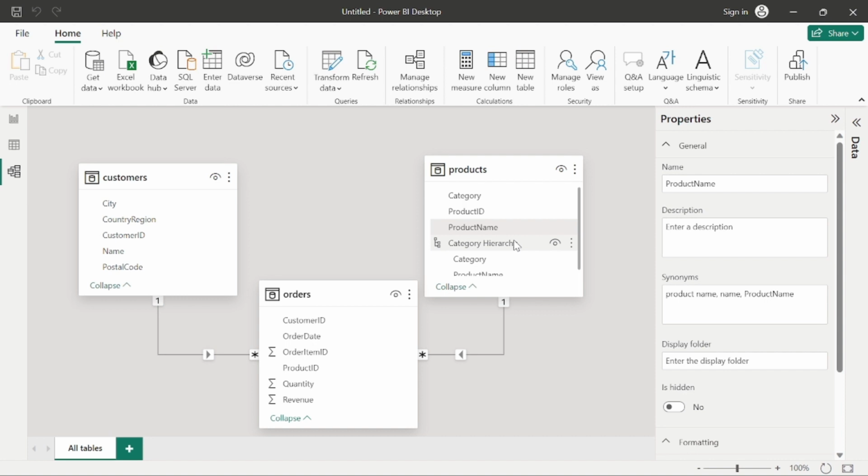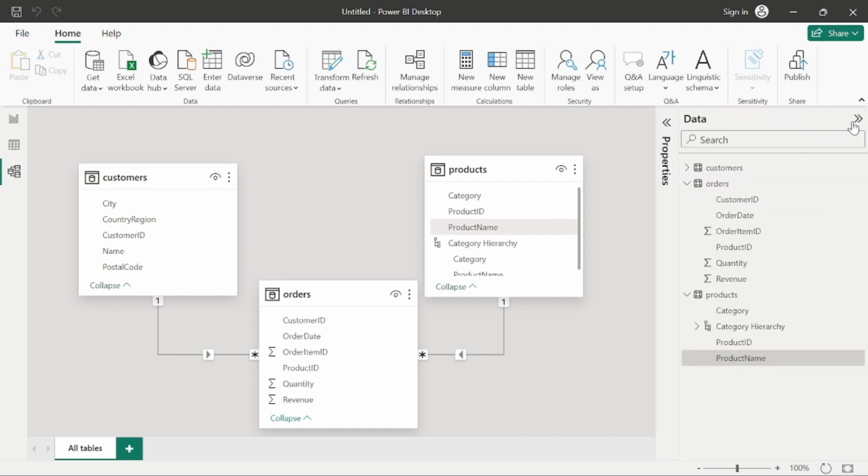By this addition of the hierarchy, we add in the product name field to the hierarchy which we created in the last step, the category hierarchy. So this will add the product name to this category hierarchy field. Next, in the field pane, you can see from here,